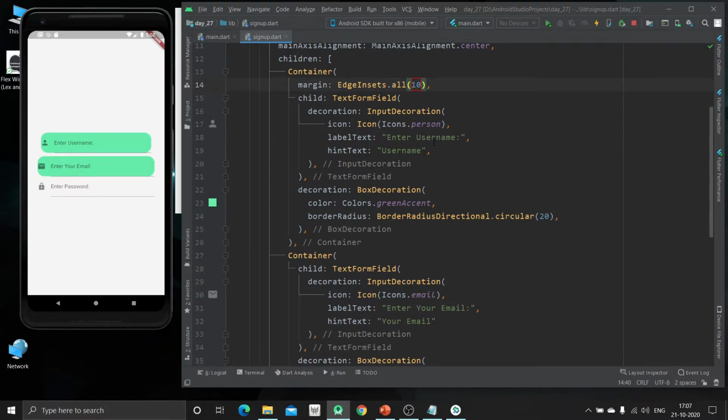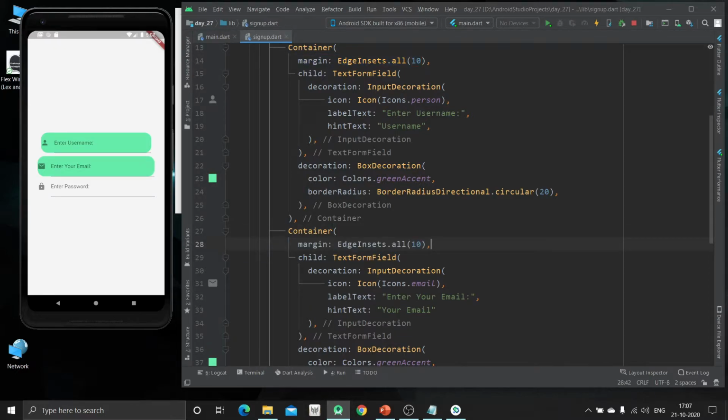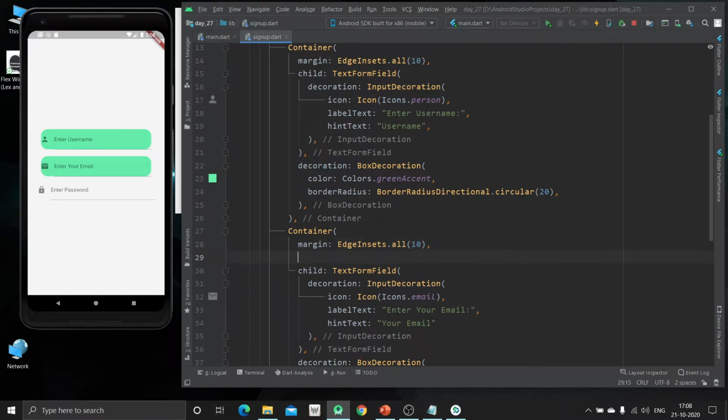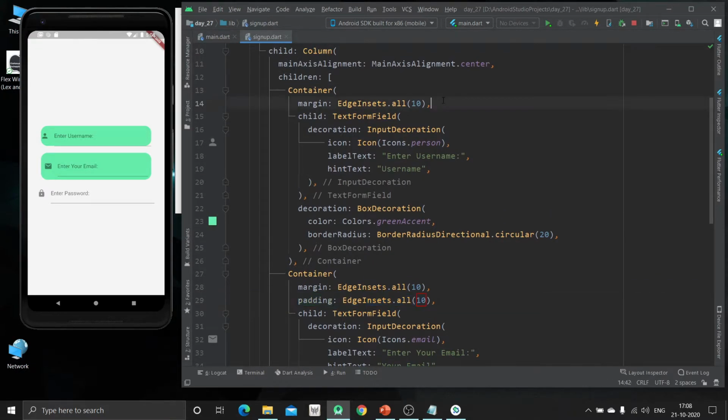Now we are going to again copy this margin, paste inside the second, Control S. We can also give some padding, that will be again about 10. We'll copy this and paste it inside the first container.